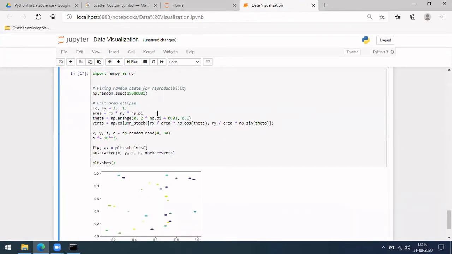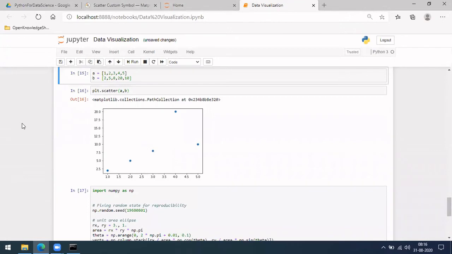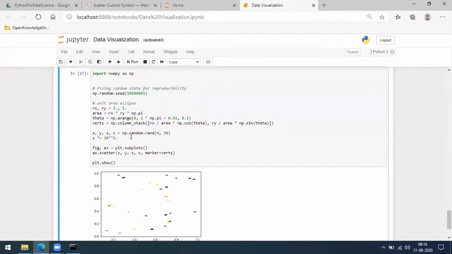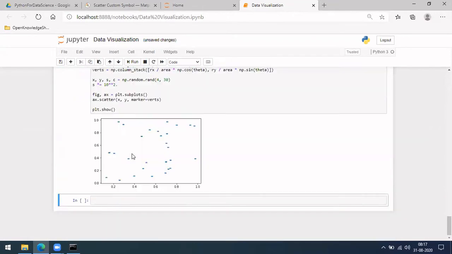Instead of this, let's give whatever we have, this A and B. What did you get? X and Y. And also S and C. What are these? Let me not give those.